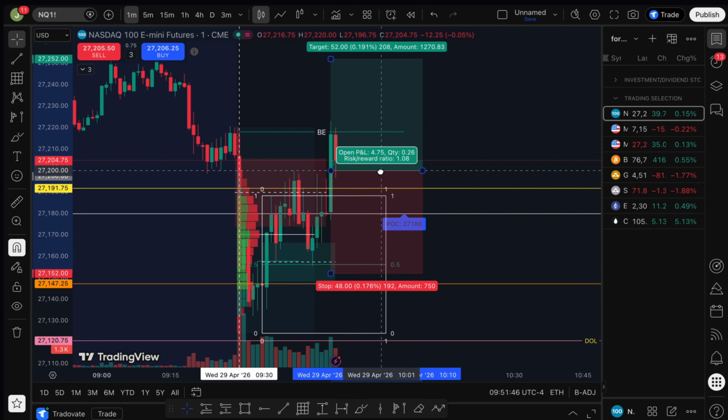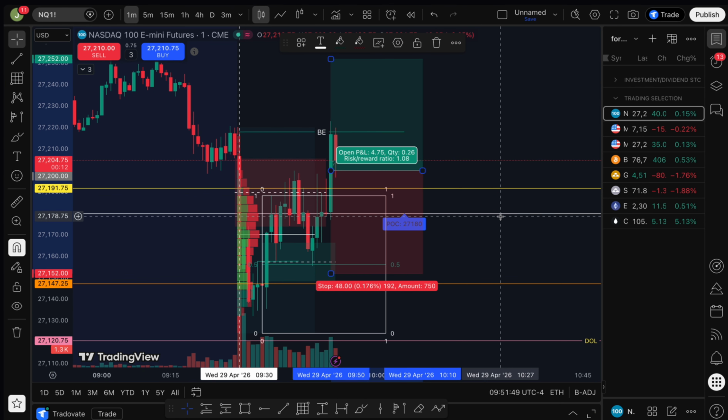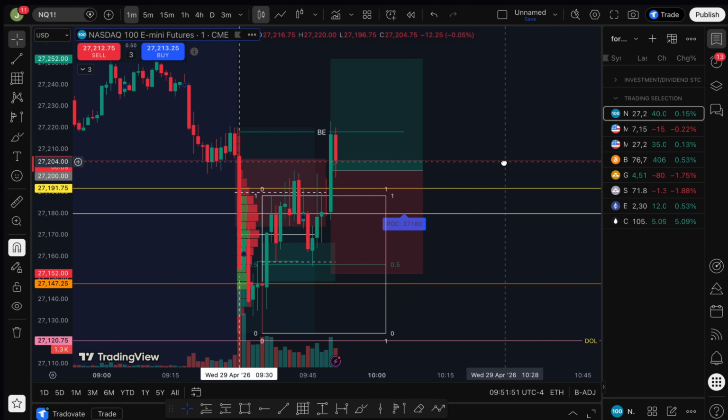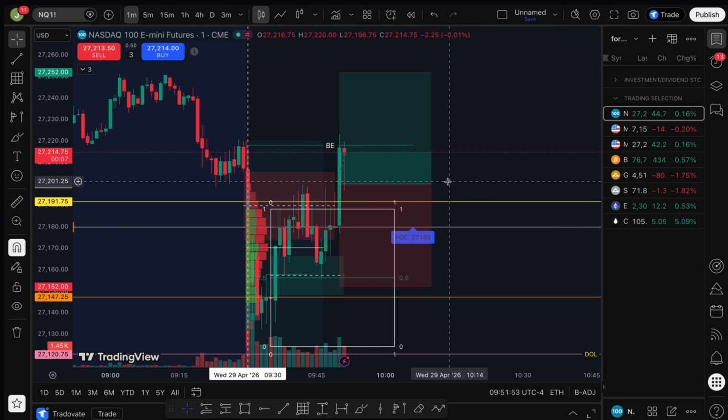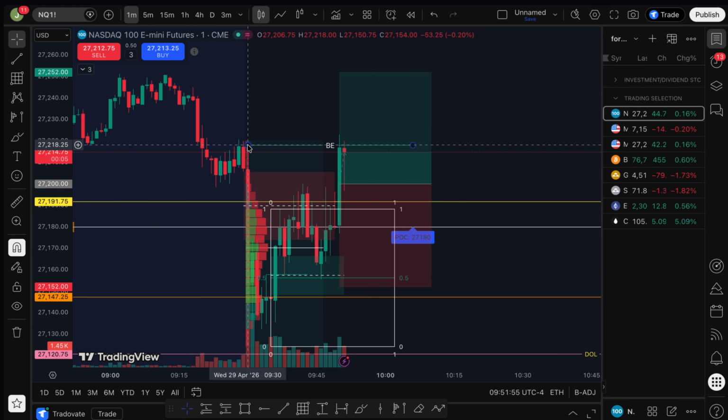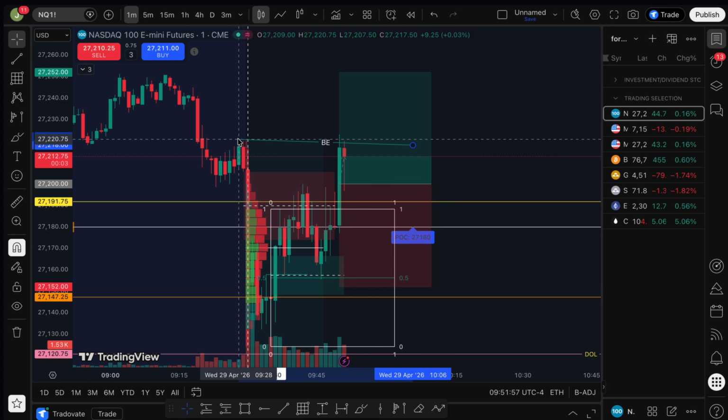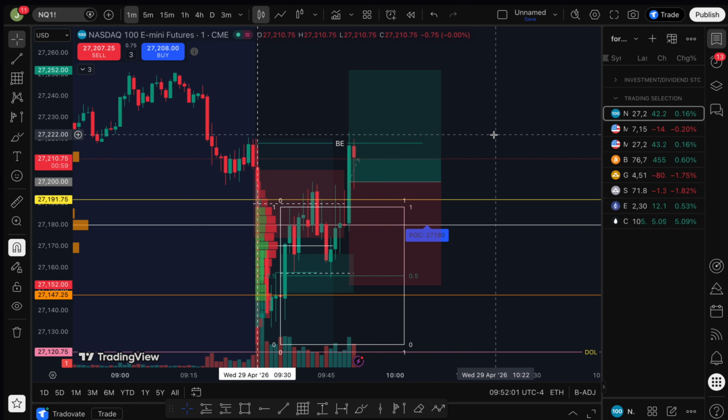Let's put the trade right here. And this trade, if I didn't respect my thingy, still would have worked. Yeah, break even was at the high of this candle. Probably would have been better. No, because break even still would have got hit right there. So yeah, it was like a really 1 minute break even trade.